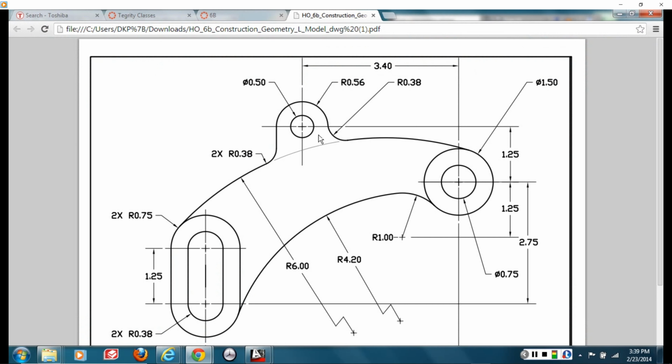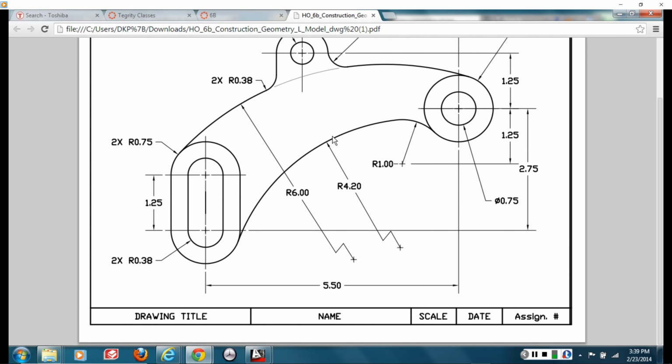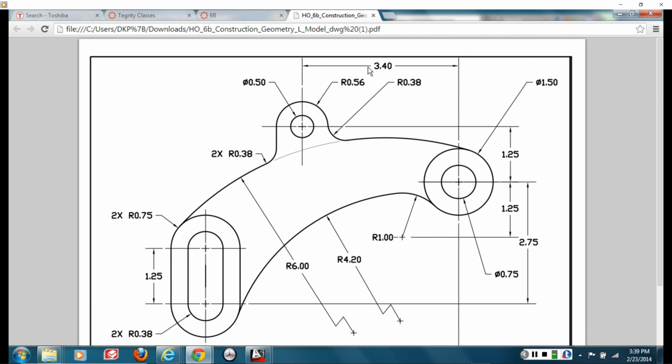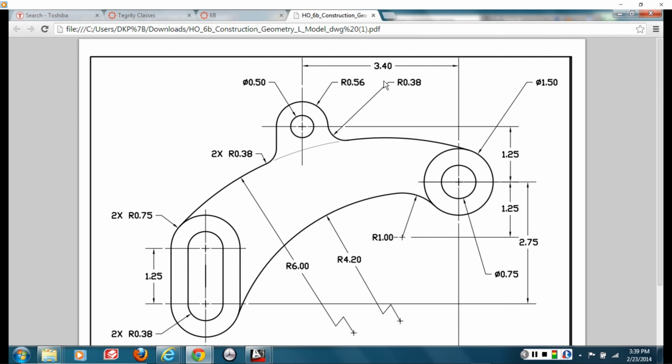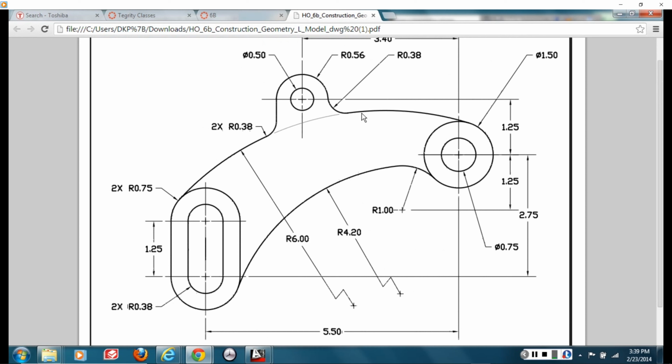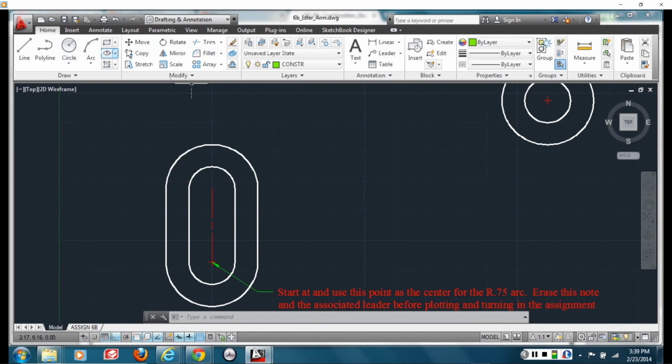So this line that goes to the center of the hole on the top is a distance of 5.5 inches all the way to the far right one minus the distance 3.4. So if I take the bottom dimension 5.5 and subtract it from 3.4, that gives me 1.1. And that gives me the center line from the left vertical side to the right, or to the center of the middle hole. So we're going to go to offset,